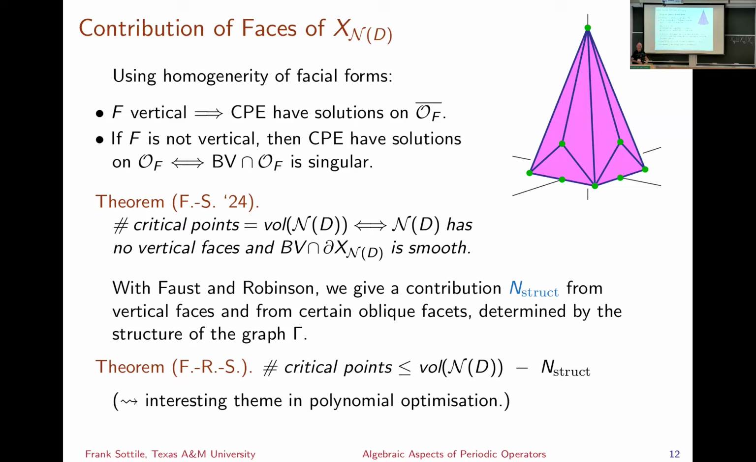So by looking at the graph, because it's a graph operator, we can come up with some contribution we call n-struct, and then we're able to show the number of critical points is at most the volume of the Newton polytope minus this contribution from the structural stuff. And what I want to point out here is that this whole story has led to, at least not this part yet, but the previous part,